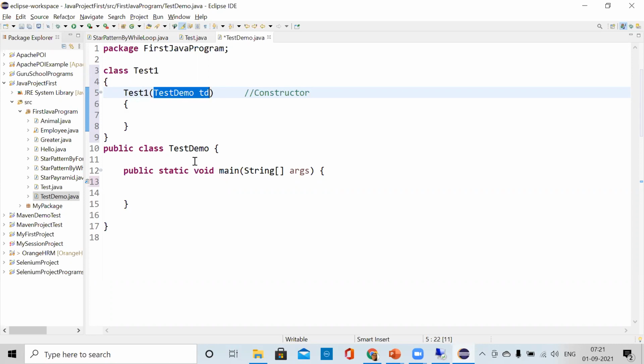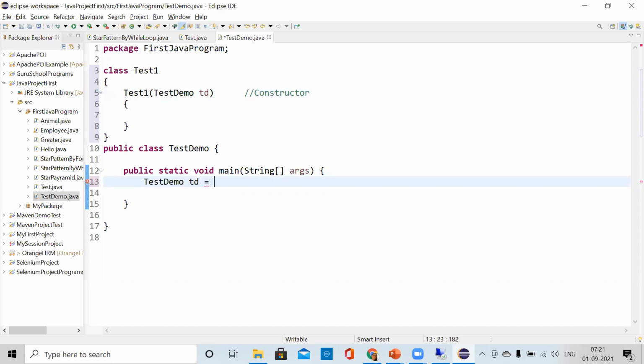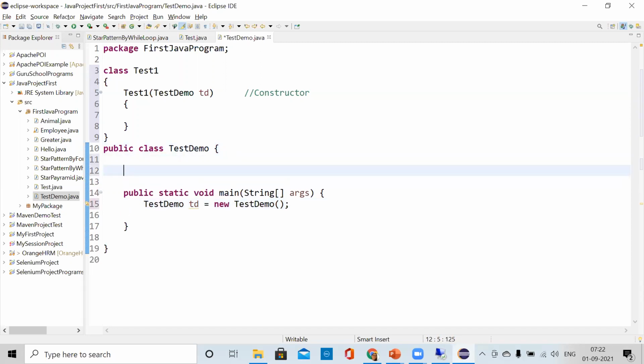Now what we are going to do is, here we will create one object of the same name. New. We have created one object. Now inside this, we are creating one method also, that is a void M1 method.